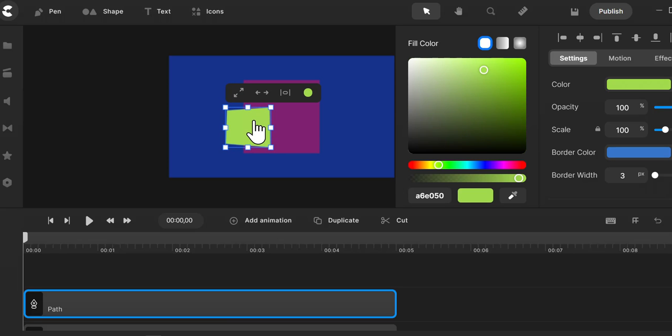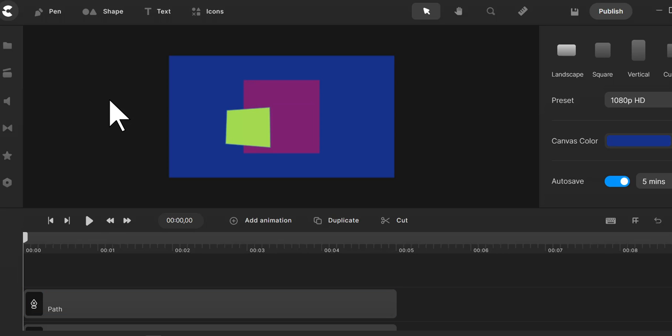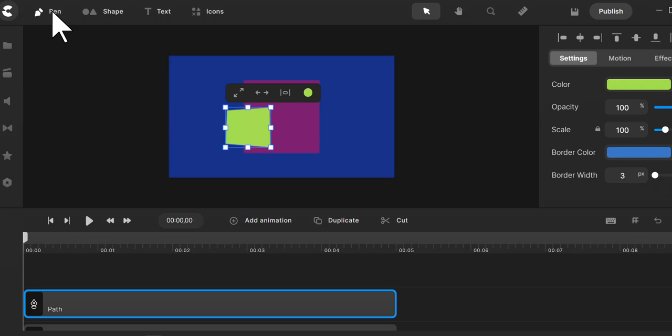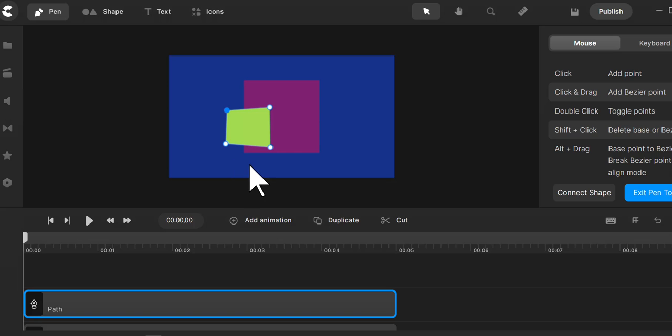Now that we have our square and we are out of the pen mode, we can come back into the pen. We can select the square, come back into the pen mode, and we can edit this square however we like. We can add one more point, and we can drag that point. We can drag any of the existing points,